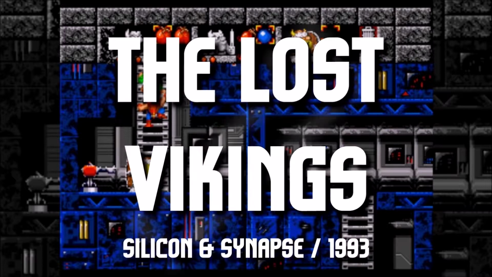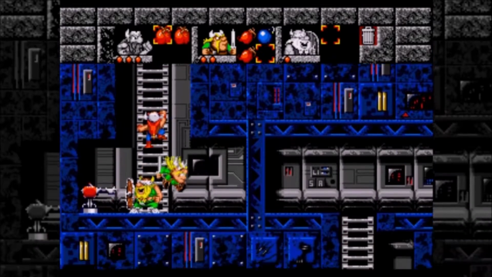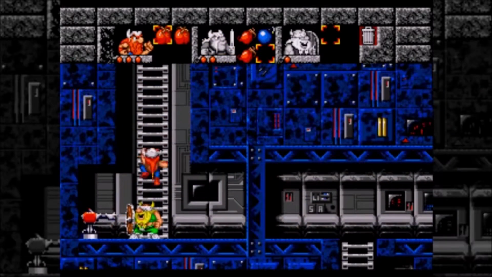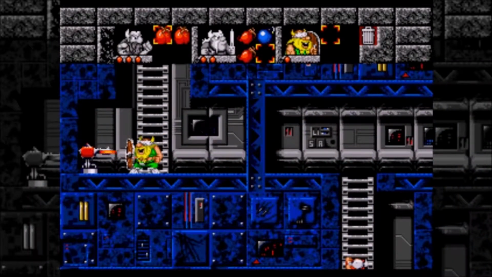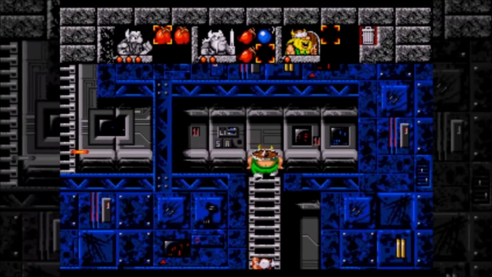Number 1. The Lost Vikings. Released in 1993, The Lost Vikings remains one of our most beloved games from the 16-bit era, and it's just as enjoyable today as it was the first day it arrived. It's a platform puzzle game where you must guide 3 Viking heroes, Eric, Baleog and Olaf, who have found themselves beamed aboard a spaceship. Each hero has unique abilities, and only by using them together can you pass each level,